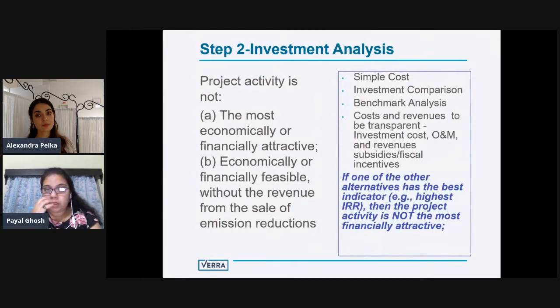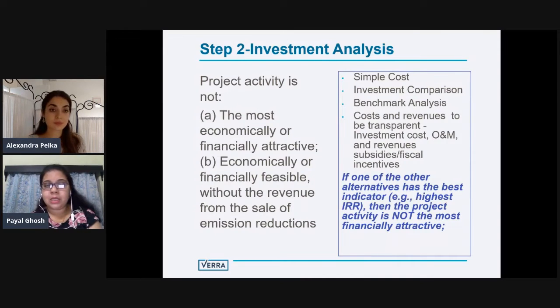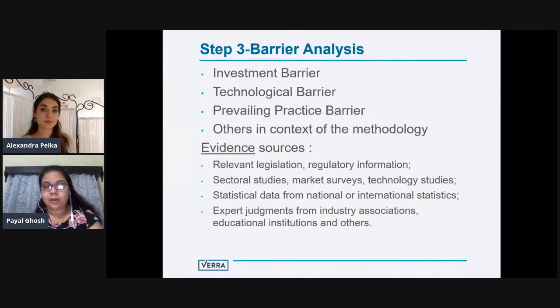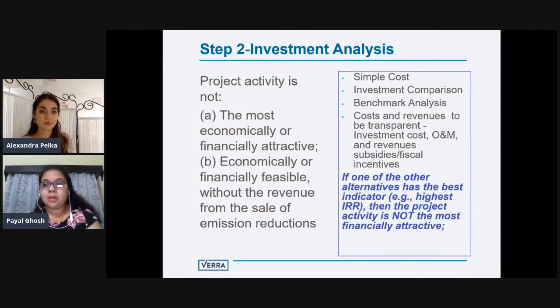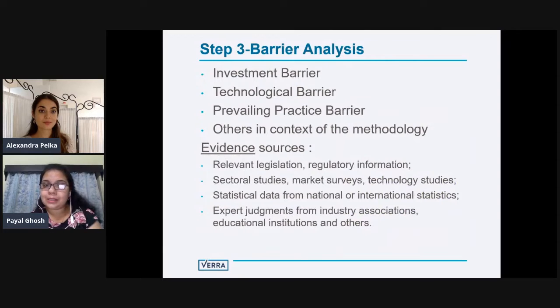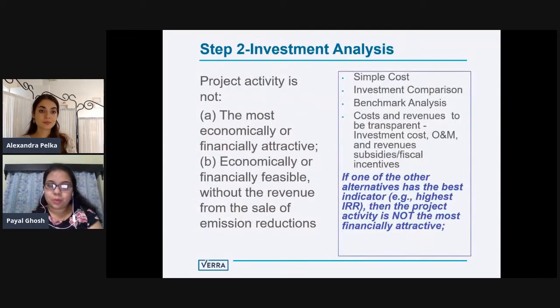So step two is investment analysis. This is an optional step, but the project proponent is expected to carry out at least one of the steps, either step two or step three. Most project proponents in the small scale, where the scale of the project is not big, would want to carry out the barrier analysis because it is a little more straightforward. But if it is a large scale project, then most project proponents would want a combination of both step two as well as step three for the